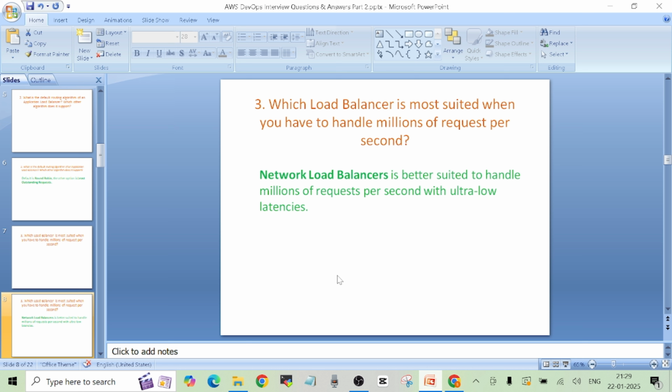Also, another question that I did not mention here but can be asked is, when you have an application that requires a static IP for your load balancer, in that case also network load balancer is going to be the better option, because it can sustain the IP address, so it can use static IP addresses. Okay,